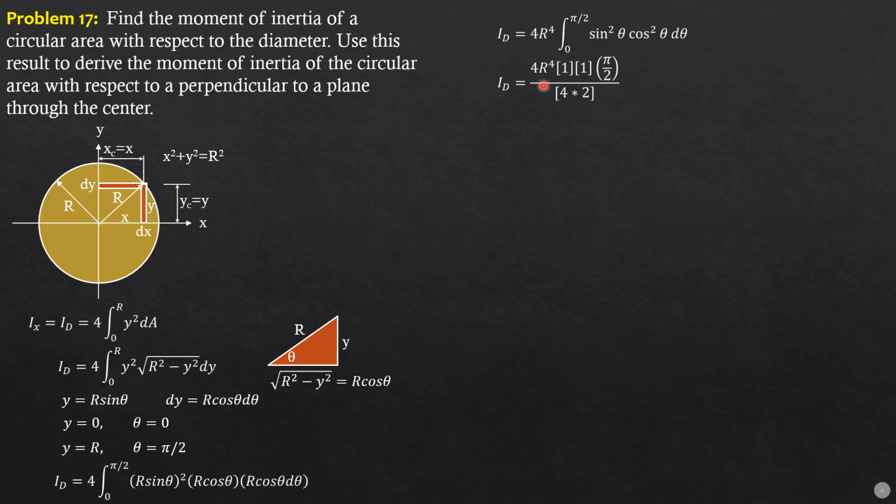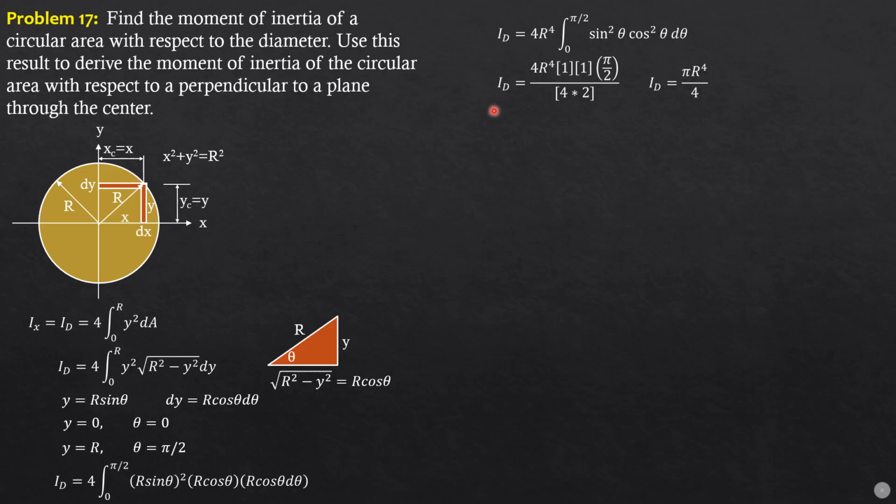So 4r to the fourth, 1 is 2 minus 1. Then another 1 for 2 minus 1. Alpha is pi over 2 because both 2 and 2 are even. Over the sum of exponents 4 decreased by 2, so 2, stop at 2. So simplifying, cancel 4, so that would be pi over 4 r to the fourth.